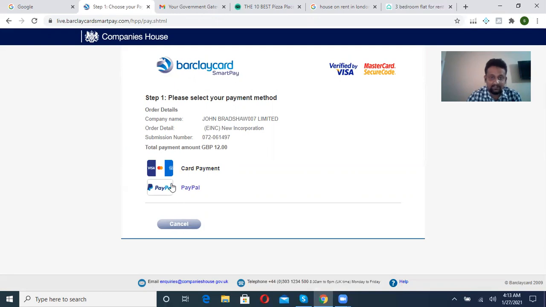Once you enter your credit card details and confirm, your application will be in process, and within 2 to 3 days you will get a confirmation from the team that you have created your UK Private Limited Company. So this is the first thing you need for an Amazon account.